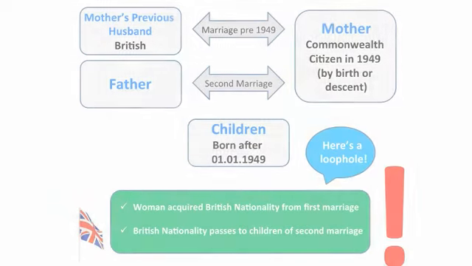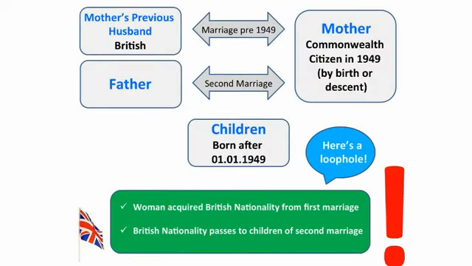So here we have our example. The mother is a Commonwealth citizen. She marries husband 1, acquires UK nationality before 1949 directly through the marriage. She divorces, or the spouse dies. She remarries. Children of the second marriage can also acquire UK nationality in the same way as children of the first marriage, even though the children concerned are no bloodline descendant of the person through which the claim is derived, i.e. the first husband.